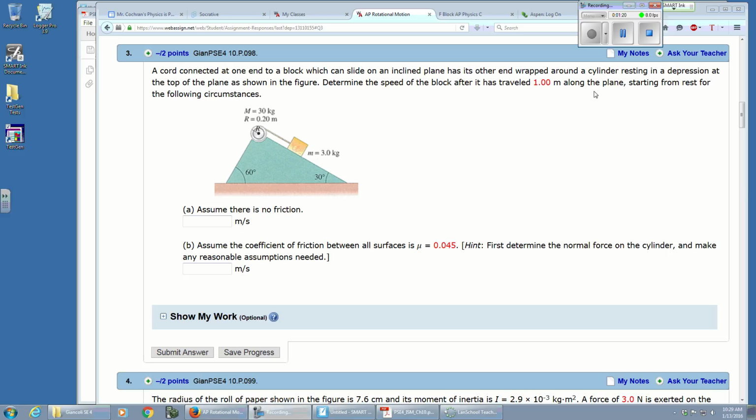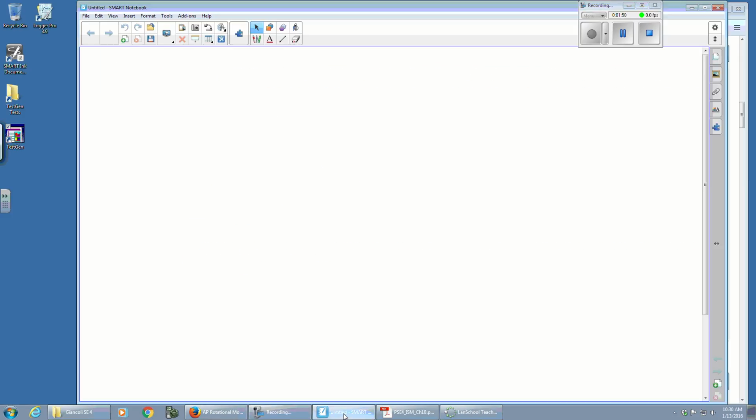The cord we're assuming is light, so we don't have to worry about it. And also that the cord is in a single layer on the cylinder, so we don't have to worry about the radius changing either. And we have our cylinder, which is, I'm assuming, a solid cylinder, since they don't tell us it's hollow. So where I'm starting here for number 3